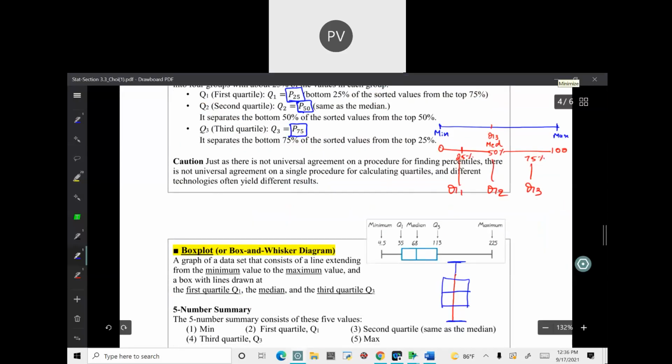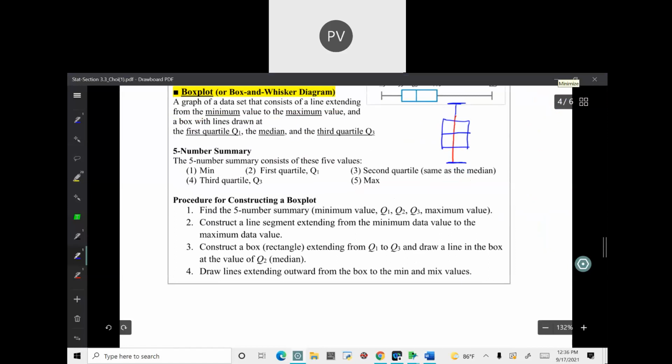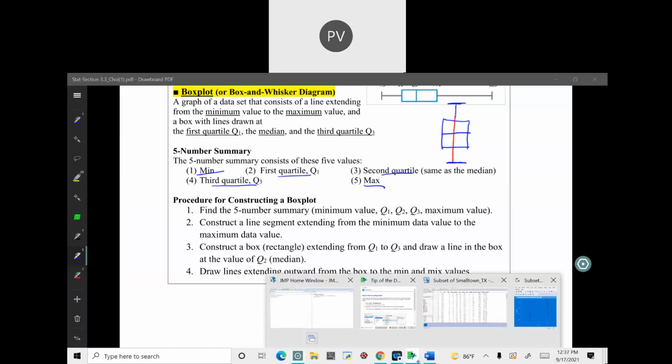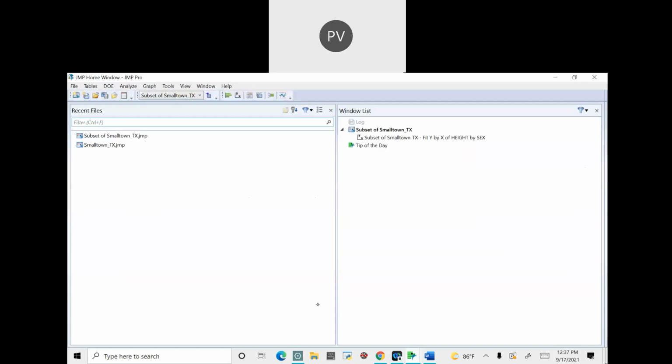Now, the minimum, first quartile, second quartile, third quartile and maximum, which we learned just now, together are called the five number summary. Five number summary. Okay. Now, when you go back to your JMP,